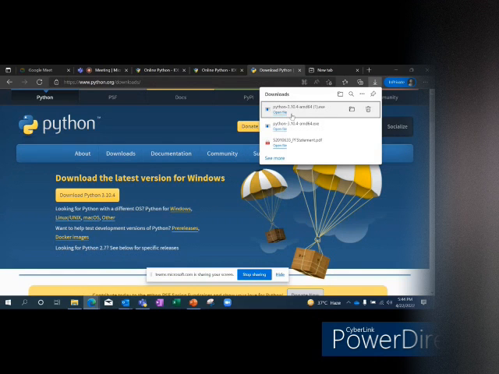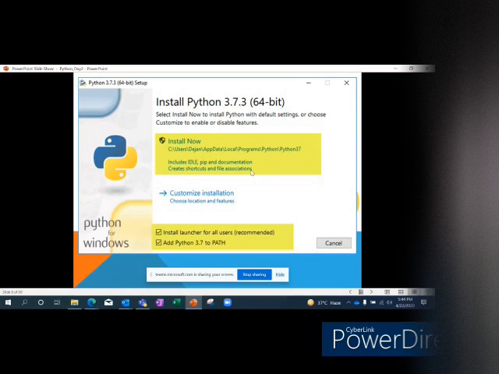Once this file is downloaded, if you click on open file, you'll get this particular page. You'll get these options. Here you have to select add Python to PATH and then click on install launcher for all users. If you click on customize installation, you'll get all the other options also,